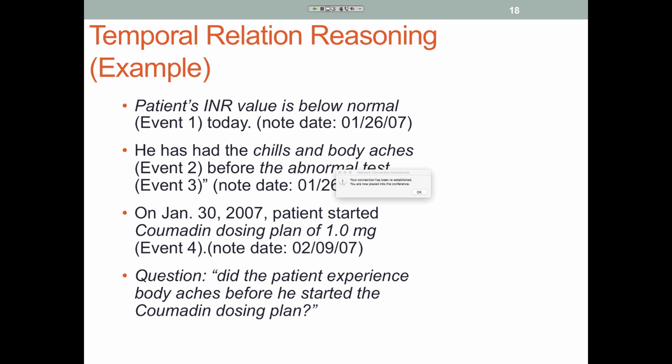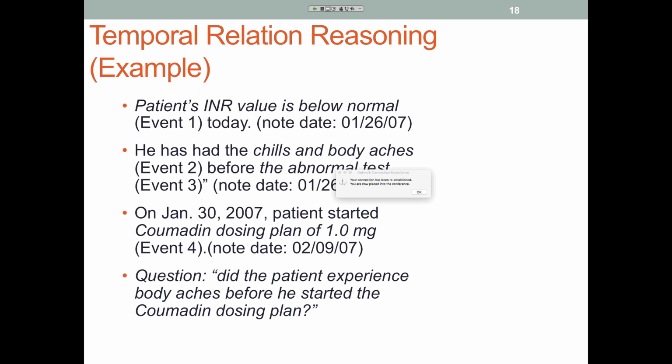The first sentence says the patient's INR value is below normal, and then in the same note it says he has had some symptoms before the abnormal test, and then in another note it says on this date the patient starts some treatment. So for example, I want to answer this simple question: did the patient experience the symptoms before the treatment? In order to do that, we need to go through a few different steps.